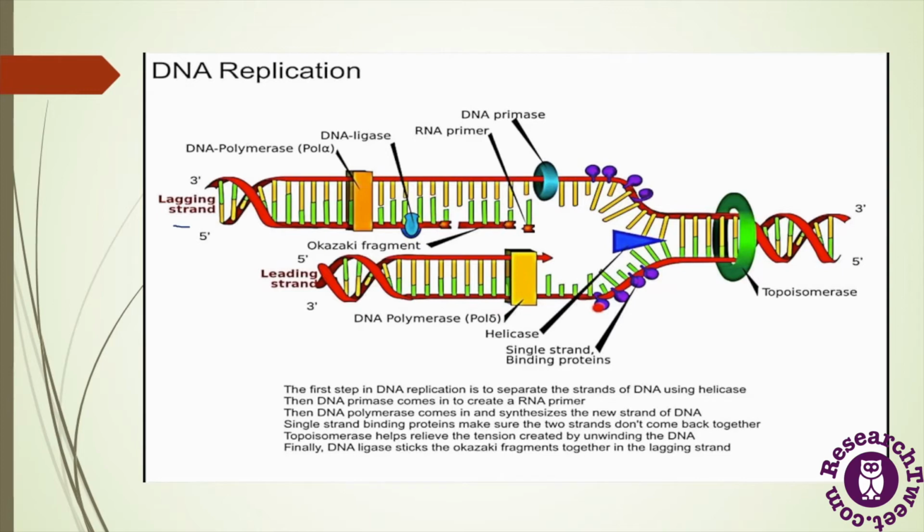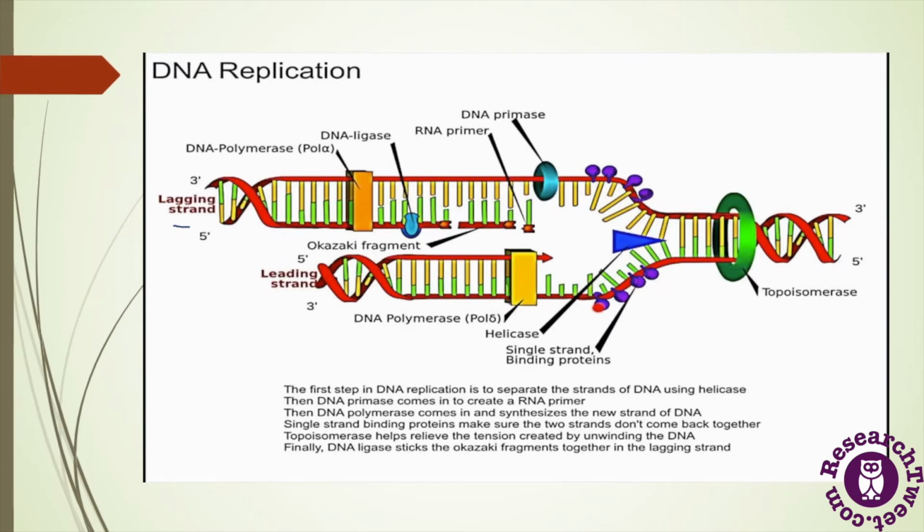Now, as we have discussed in our previous slides, DNA replication starts with the formation of the replication fork. After the formation of the replication fork, helicase activates and unwinds the DNA strands. Helicase breaks the bonds between two nitrogenous bases of DNA and separates both strands. Then it is compulsory to keep these strands separated to continue the process of replication. This work is done by SSB proteins, or single strand binding proteins.